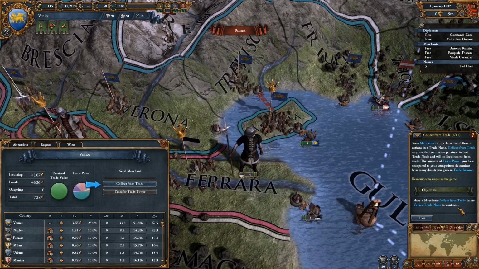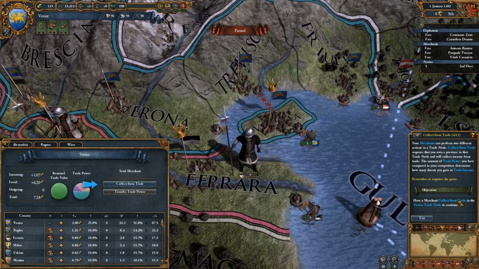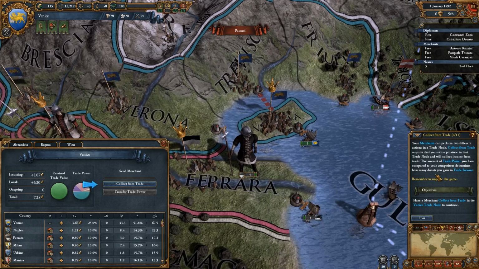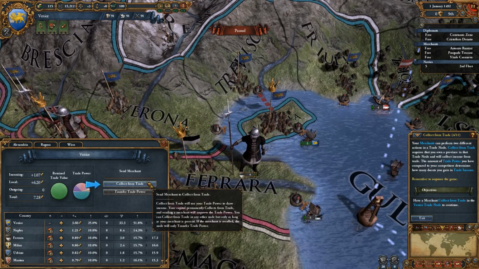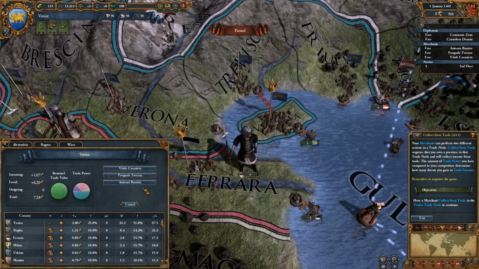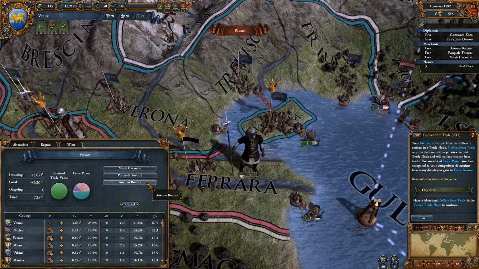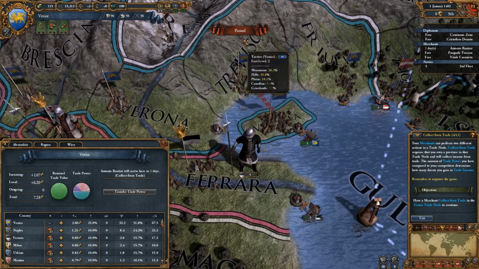Your merchant can perform 2 different actions in a trade node. Collect from trade requires that you own a province in that trade node and will collect income from trade. The amount of trade power you have compared to your competitors determines how many ducats you gain in trade income. Okay. So let's collect from trade. I'm guessing it kind of doesn't matter what I do. Oh, let's get Antonio. I think we need to unpause the game, so...